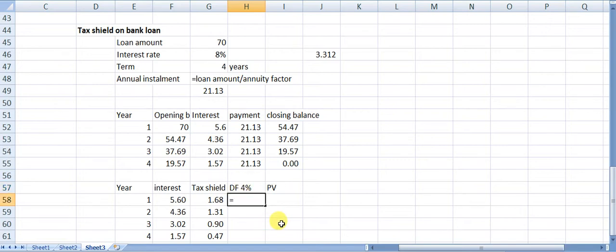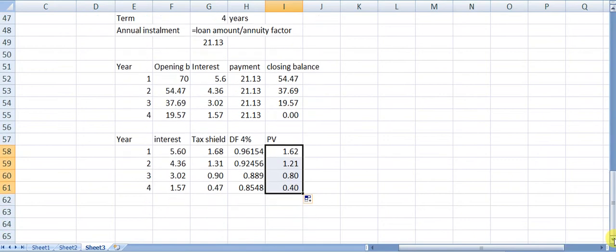So 1 divided by 1.04 power year. Present value will be tax shield multiplied by discounting factor. Total present value will be